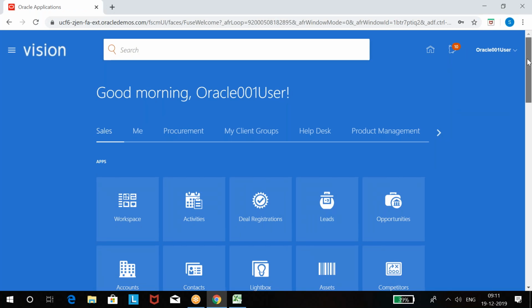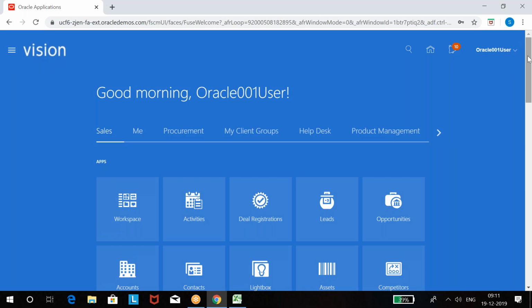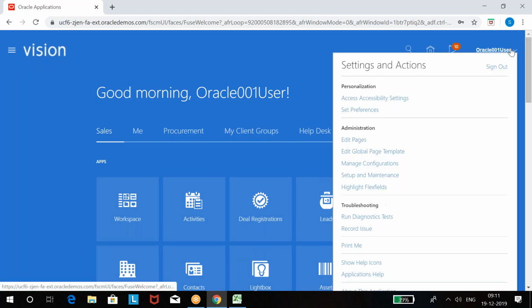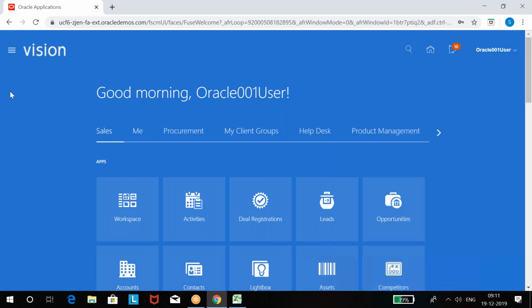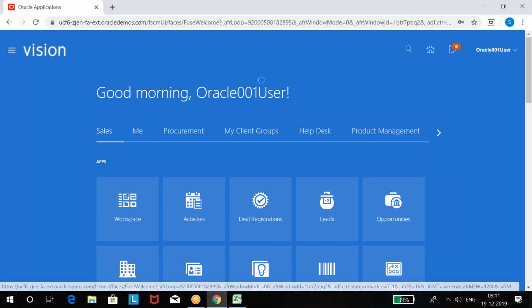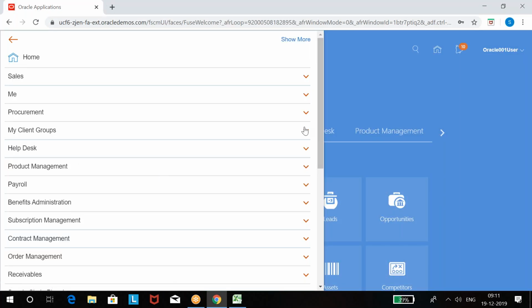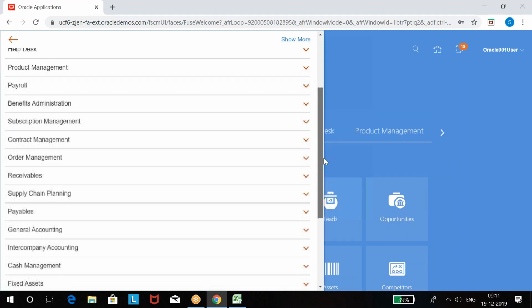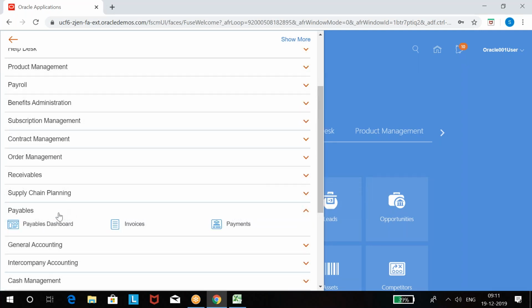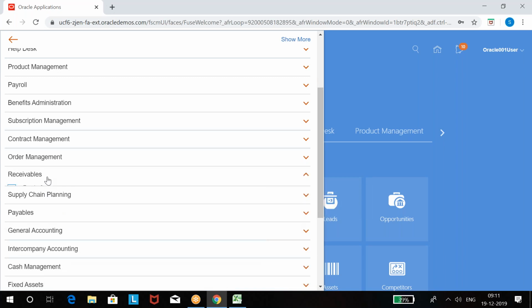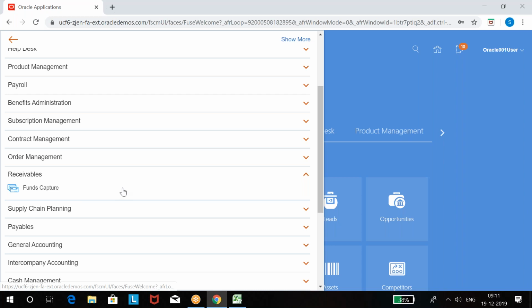Right, we got all of it. See, yesterday when I logged in there was nothing, but today we got access to administration, we got access to all the details required, and we got accounts payable also now. I'll show you payables. See, we got receivables also, but in receivables there are no other options. We have billing, we have revenue management, we have account receivable. All those come when you assign receivables related job roles. Okay.